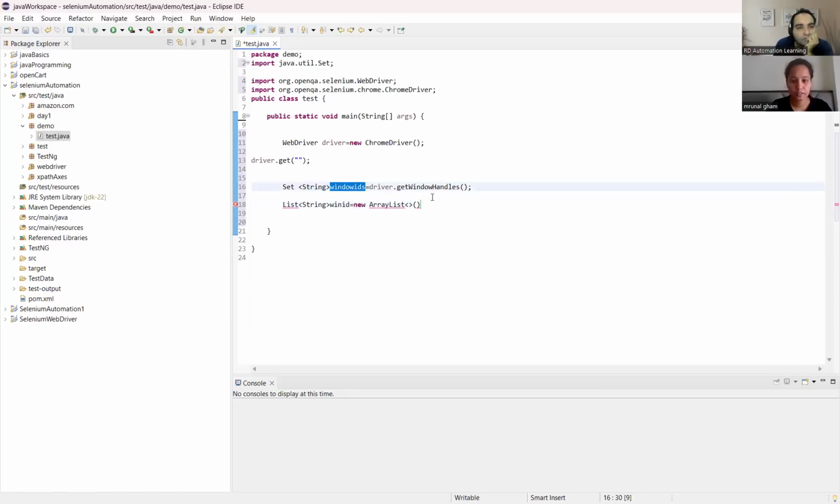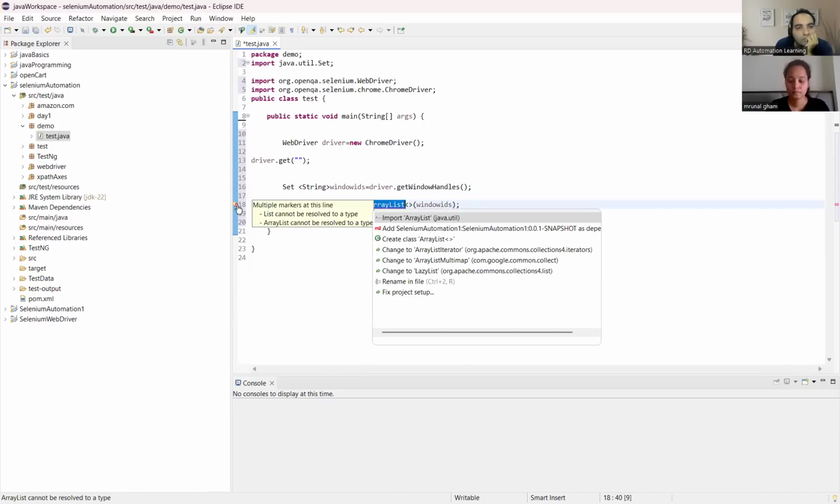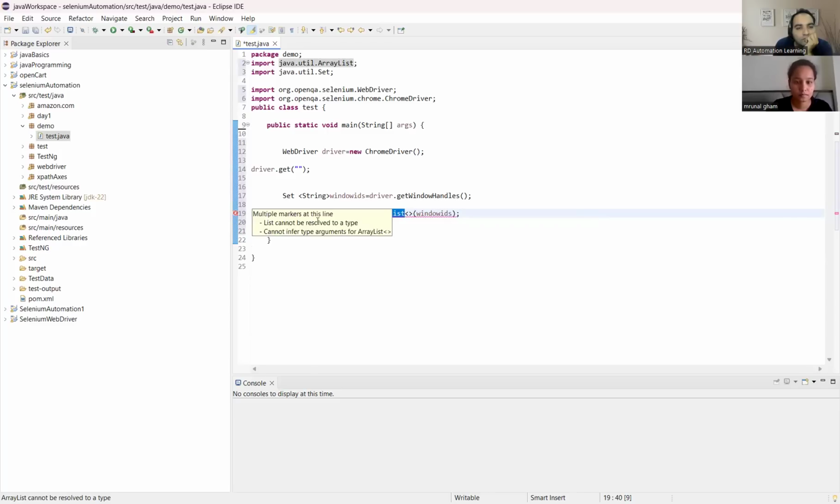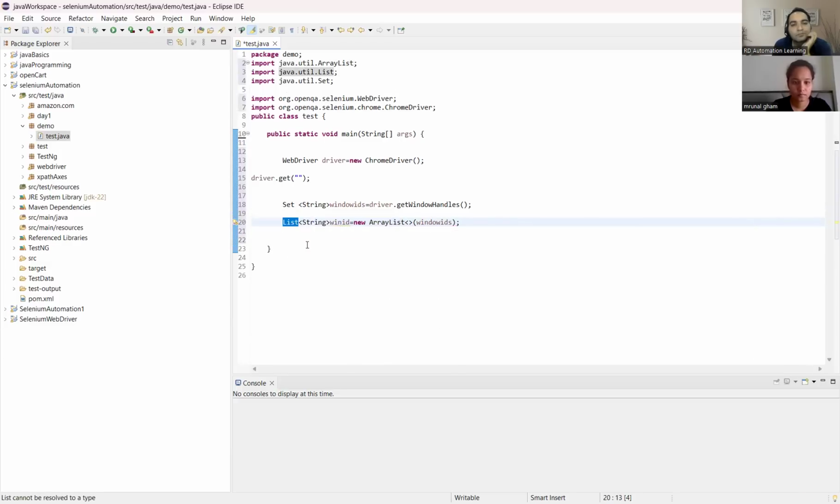Here I have to pass this window ID. Then by using indexing we will get the parent window id or child window id, but that works if there are only 2 or 3 windows. If there are 5 windows, then we can use a for loop to retrieve the window id. Like here I write win id,